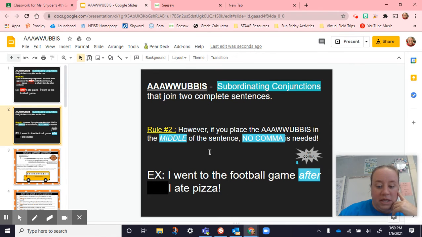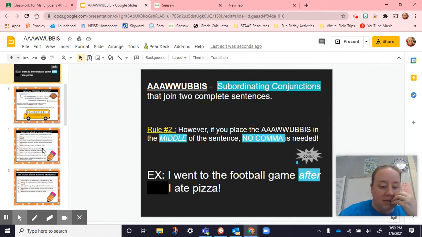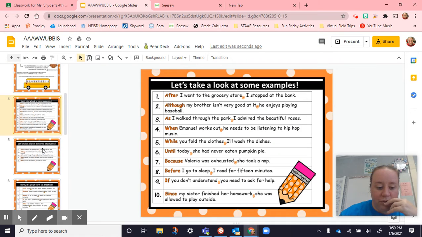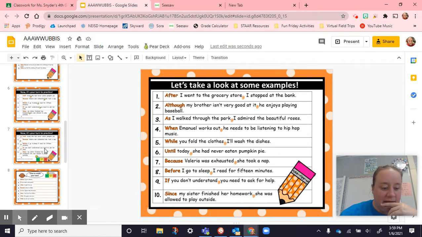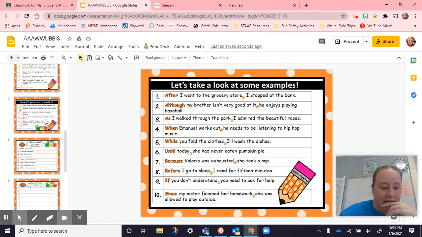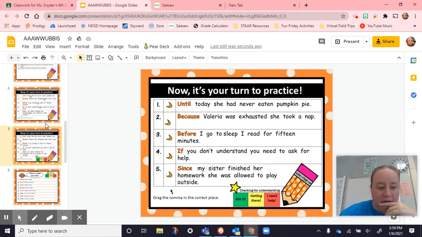All right, here you can have a sentence that has those words in the middle or towards the end. That does not signal the comma. So if the AWUBUS word is in the middle of the sentence, you don't need the comma. So, I went to the football game after I ate pizza, no comma needed. All right, so today we looked at some examples,